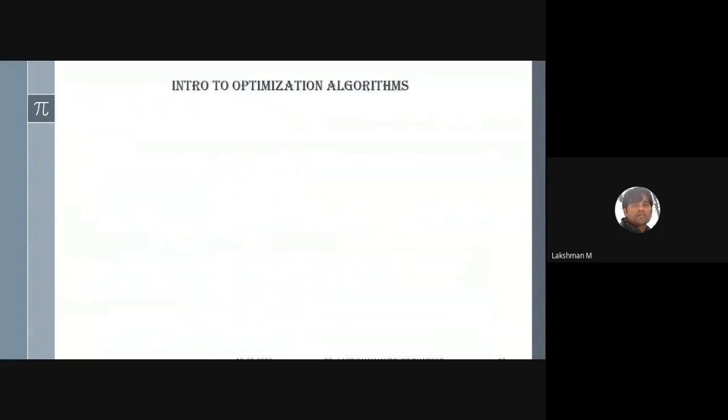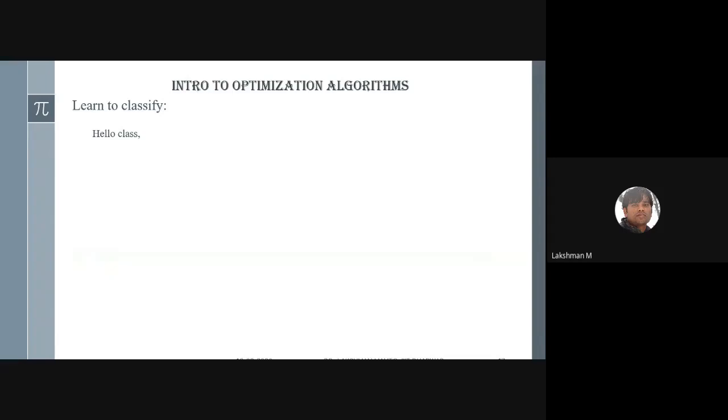Now I'm coming to a few more algorithms. One simple algorithm, you can call it a machine learning algorithm or any other algorithm, is actually based on optimization. Suppose we want to perform a binary classification of spam. If there are a few messages, then easily we can identify whether it is spam or a genuine mail. But if there is a bulk of messages, then it would definitely be time consuming.